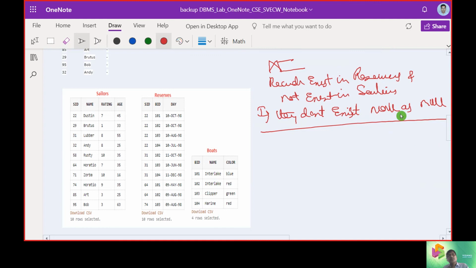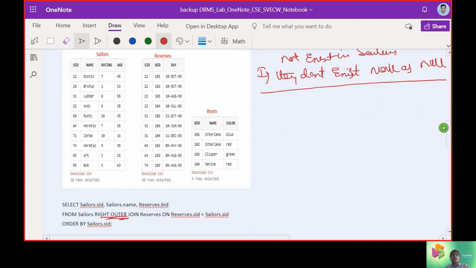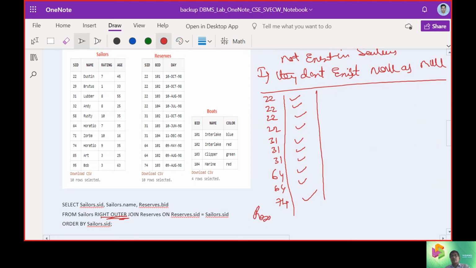Now if such is the case, we will put the records for the reserves: 22, 22, 22, 22, 31, 31, 31, 64, 64, and 74. No doubt about it, every record is found in the Sailors table.